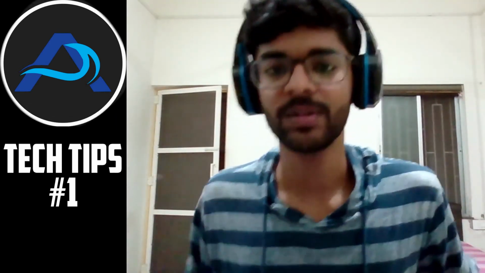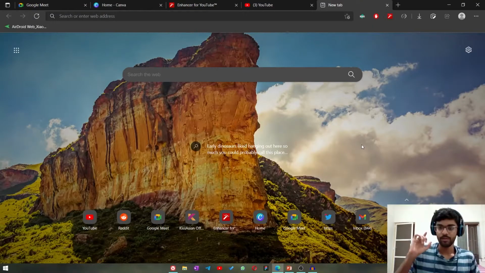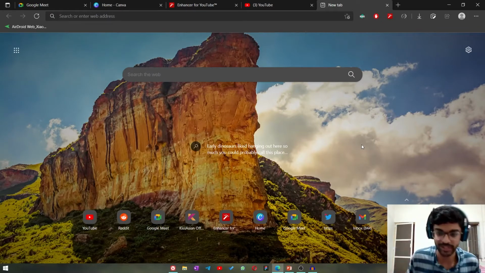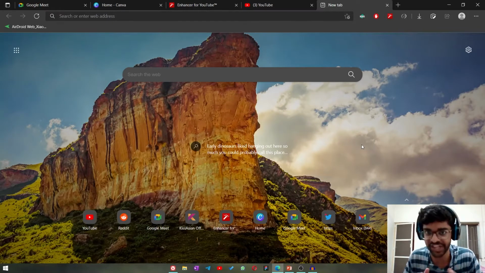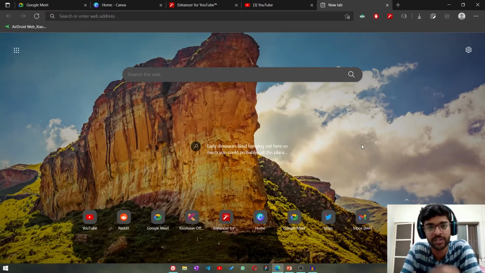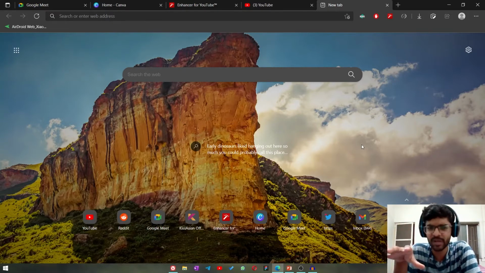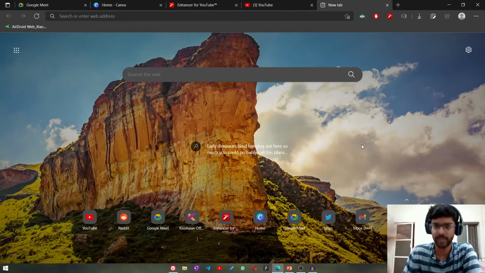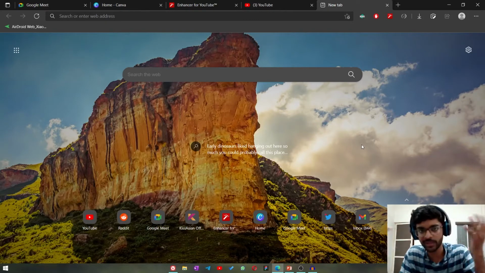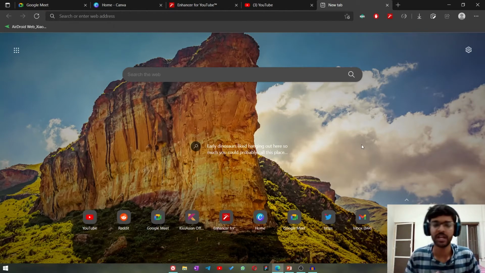Okay, so let's begin. All right, what is it that I have open here? Oh yes, it's Microsoft Edge. Microsoft Edge is the browser that you get built in along with Windows. It's a pretty capable browser. It used to be its own browser, but now it uses the Chromium engine, which is the same engine that Google Chrome uses, or Vivaldi, Brave, all of these major browsers use. Not Firefox. Firefox uses its own browser base, I guess, or source code.